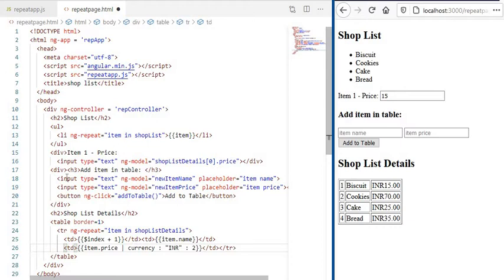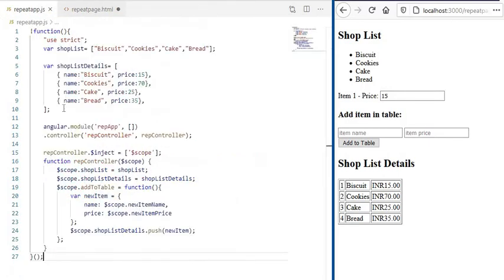Next thing is another h3, in that I have used add item table. So add item table is displayed like a label here with the header, and I have used 2 text boxes and 1 button. These 2 text boxes will receive the value for the new item name and new item price, which we already discussed. In this function, the new item name and new item price are substituted for adding a new item.